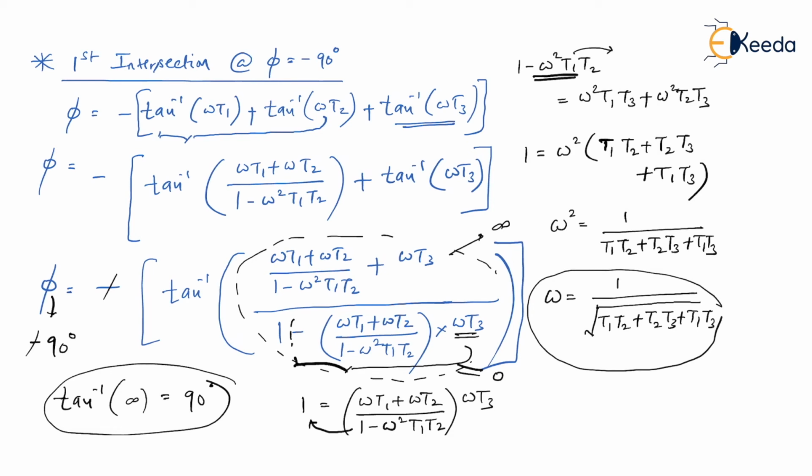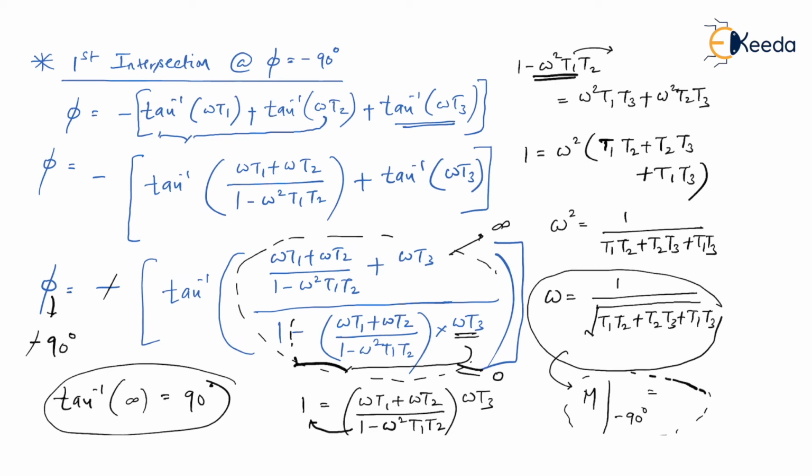So what I know about the first intersection point is the value of omega where my polar plot is crossing minus 90 degree. Now if I substitute this omega value in the magnitude expression, I'll also get the magnitude present at minus 90 degree. But obviously it is not feasible to substitute such an omega value and calculate the magnitude. It is just that you should know the procedure. So when T1, T2, T3 values are numerically known to you, it will be possible to substitute such values and get the magnitude at that intersection point.